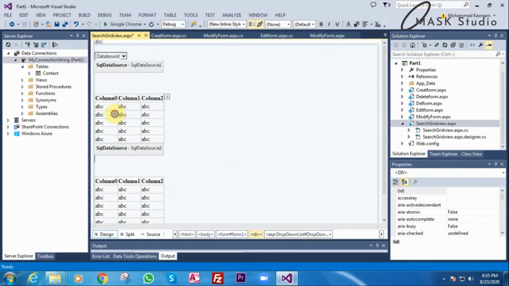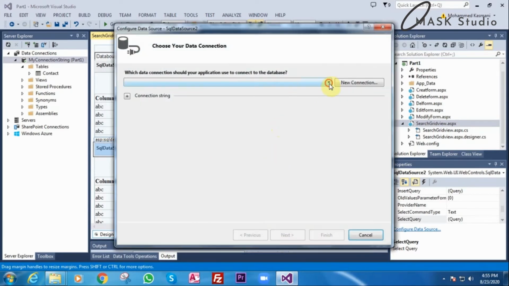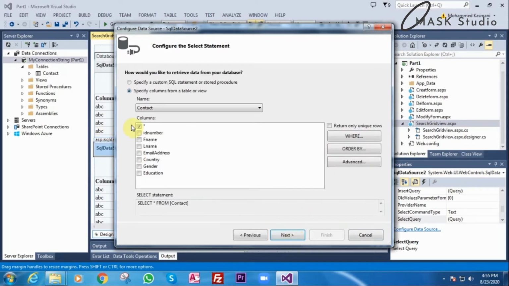Now I will go to SQL data source 2 here. I'll click the arrow, I'll configure same, my connection string. Next, but here I want all the records, all the fields.